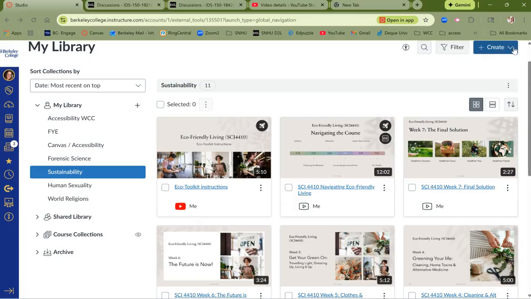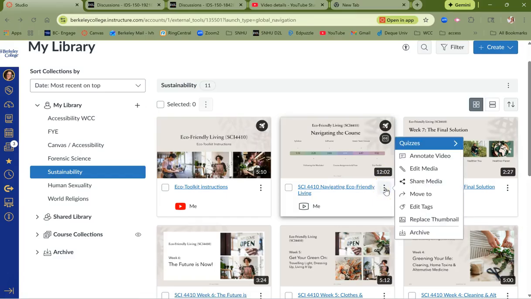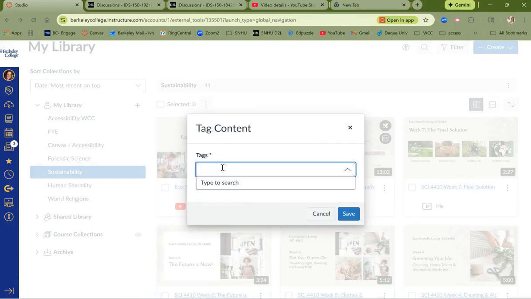We click on done. If you're going to share this with other people, go again back to the three dots. You can see right here already, this is set up as a quiz because it's got the little spaceship. It's got closed captions, so we are ready to go. And then, in order to share it, you can share that with other people. You can also edit tags, so you can sit and put things in there, saying